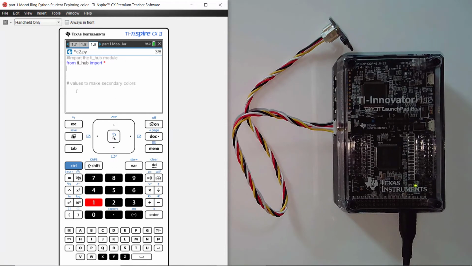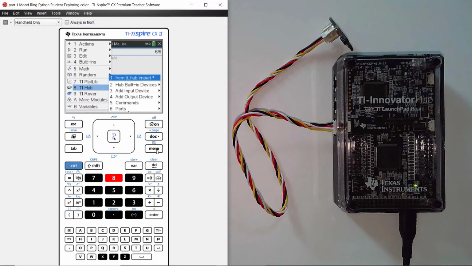So it says, let's try to use this to do the values for the secondary colors. So I'll go ahead and click down here and I'll get myself below that little comment to kind of keep my code organized, and I'll go and grab that color.rgb command from the menu. So I'm going to do this with me. I'm going to go to the menu and Hub 8,